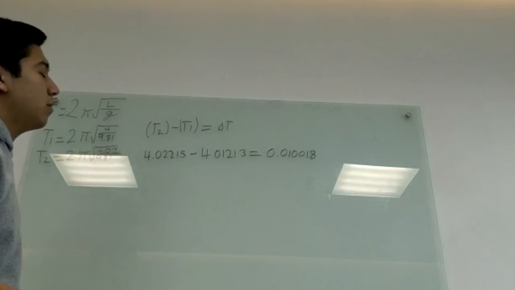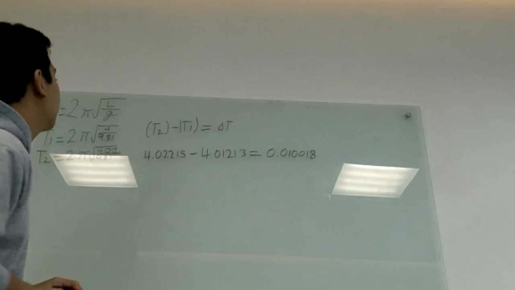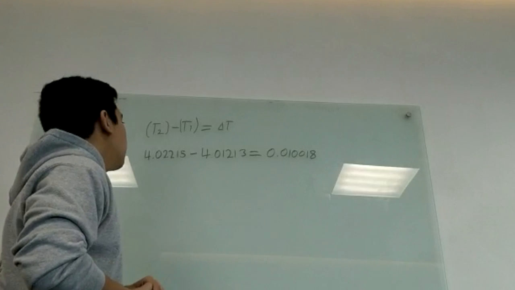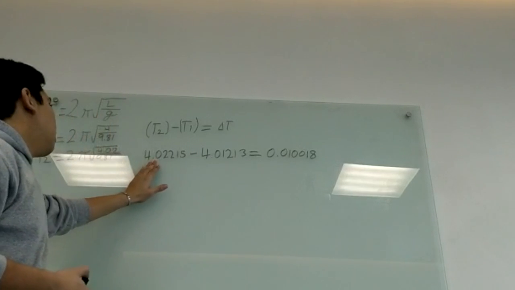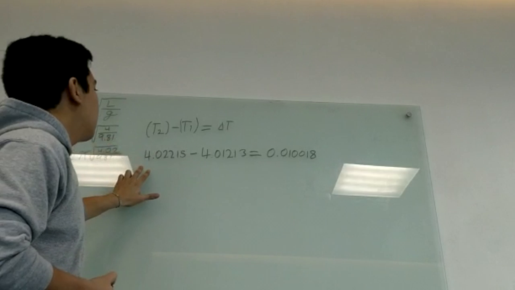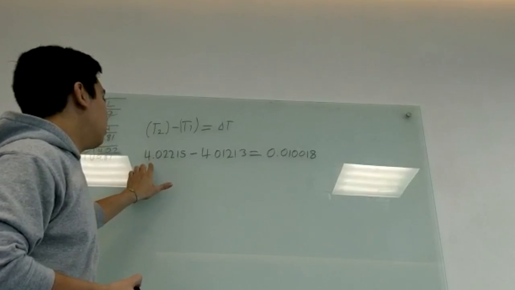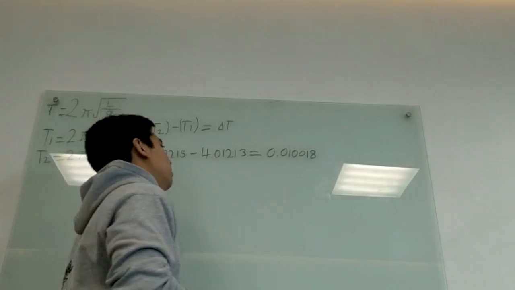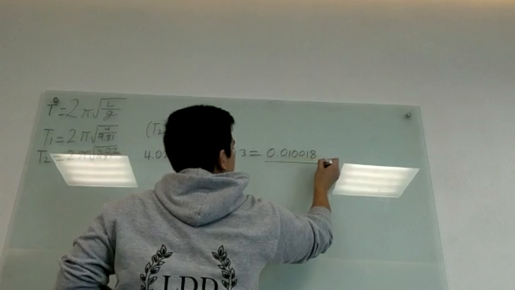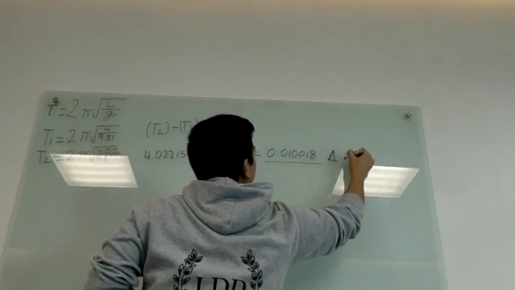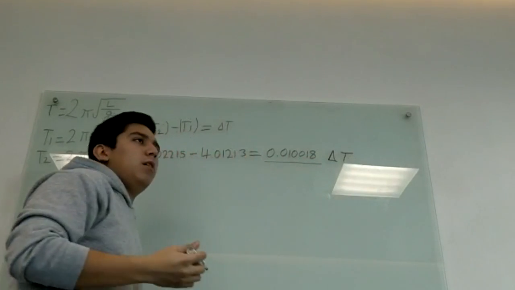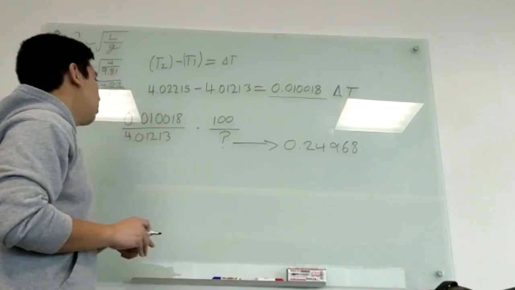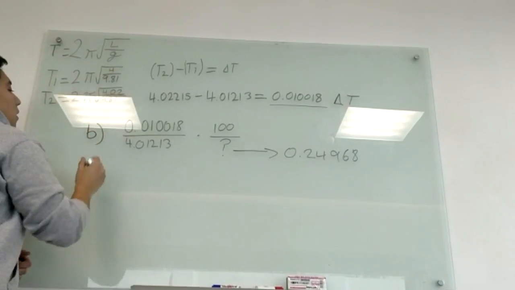which is plus 0.5%, which is a difference of 0.02. So next what you get is this as an answer after you plug in. So you only have to subtract the T2 minus the T1 and you get this, which is the delta T, the exact change. Okay, so the next thing that we're asked for in instruction B is to get the